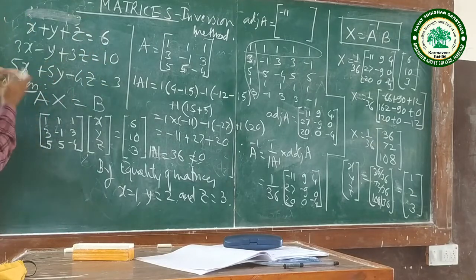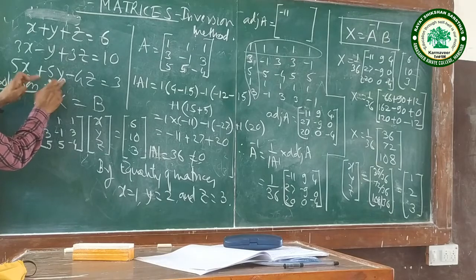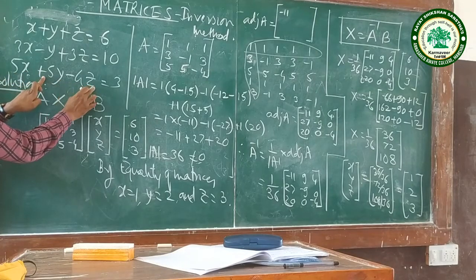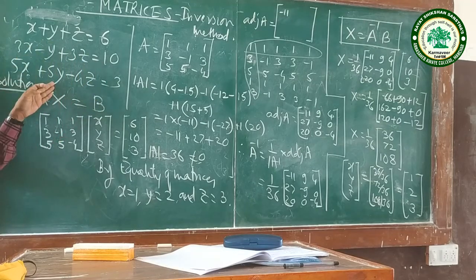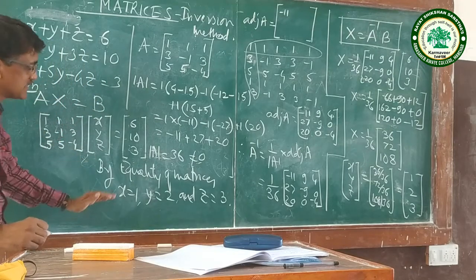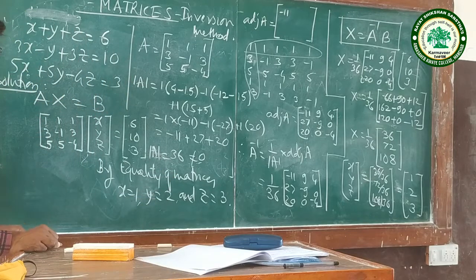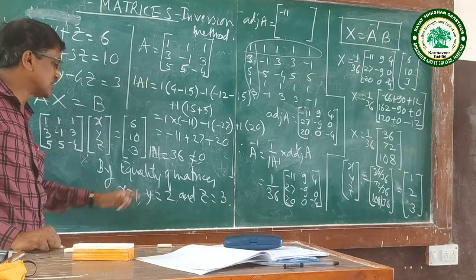It is correct. In the last equation, 5 into 1, 5, plus 5 into 2, 10. 5 plus 10, 15, minus 4 into 3, 12. 15 minus 12 is 3. So therefore, these values of X, Y and Z satisfy all these three equations. Therefore, we have verified that these are the solutions of